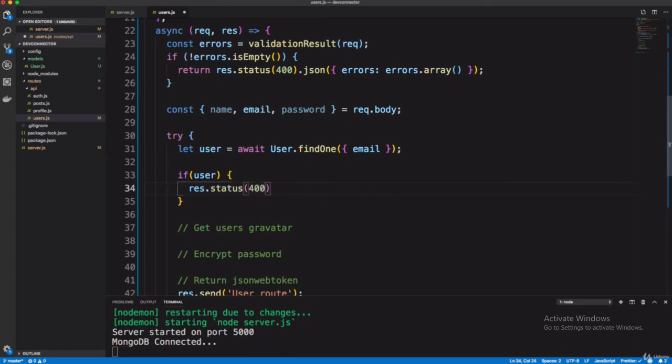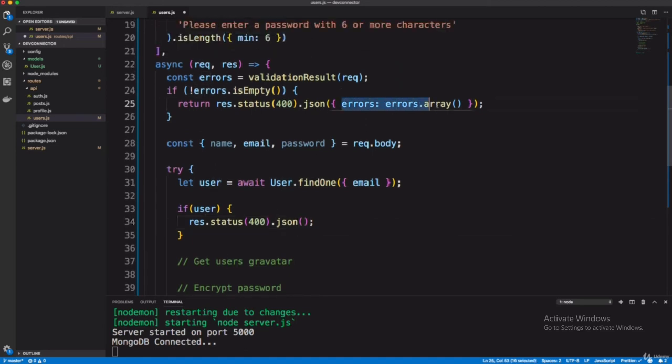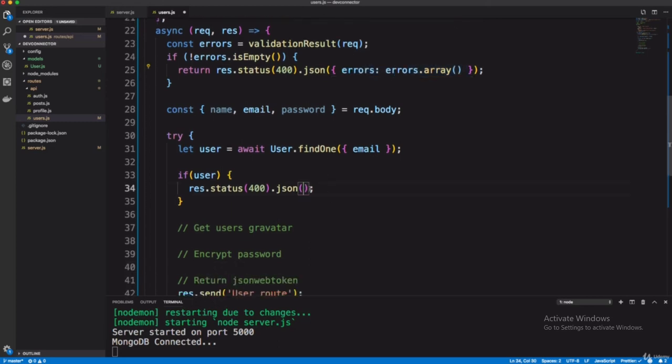Response status 400.json, and in the message, in the curly braces, you write email already exists. Okay, you can do it as it is, or you can give a simple message as you like.